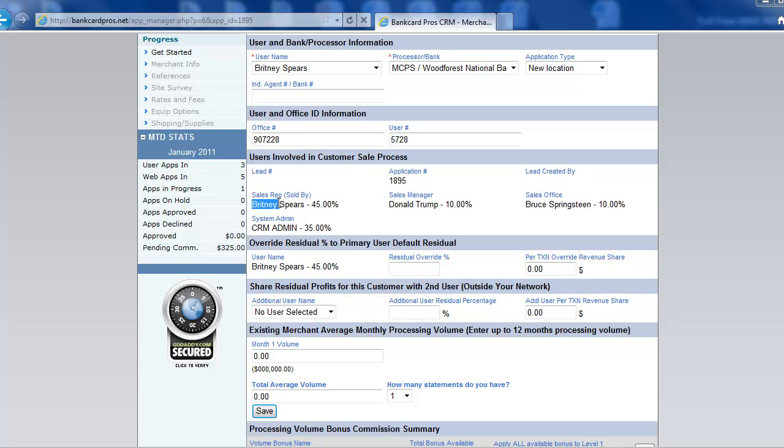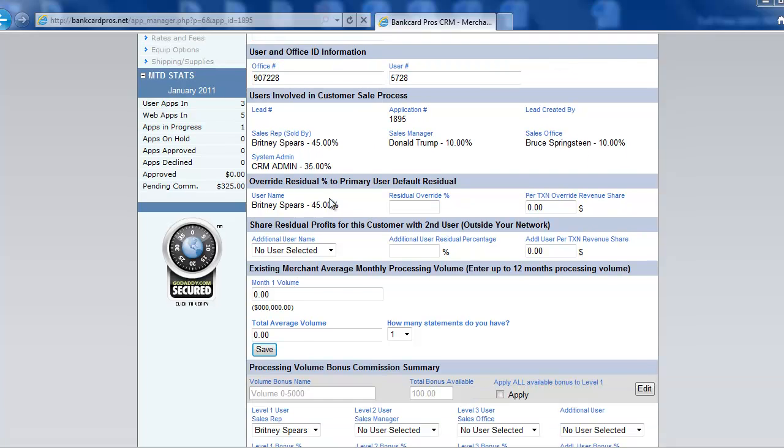So it's going to tell you the user Britney Spears is getting 45% residuals, and it'll also notify you who the sales manager is, who the sales office user is, and the system admin, which is going to get the remaining percentage after the 3 users above them are added up as 65% for all 3 users, and the remaining goes to the system admin. So if you scroll down,